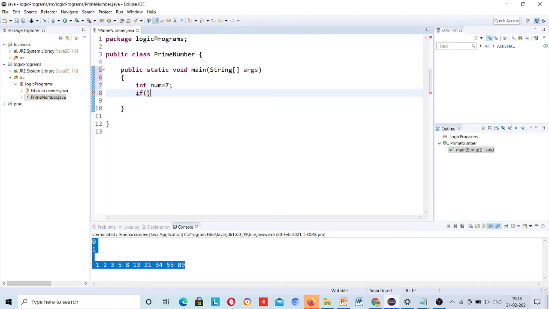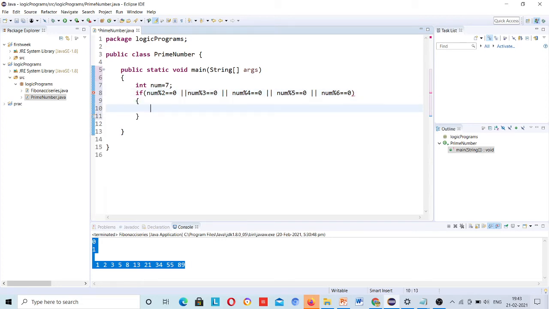Okay, if num modulus 2 is equal to 0, or num modulus 3 is equal to 0, or num modulus 4 is equal to 0, or num modulus 5 is equal to 0, or num modulus 6 is equal to 0.